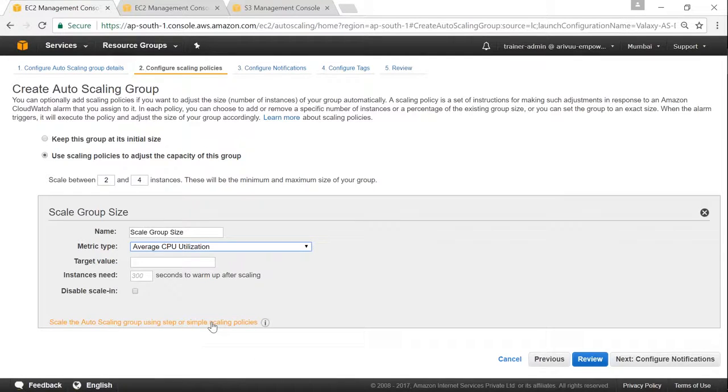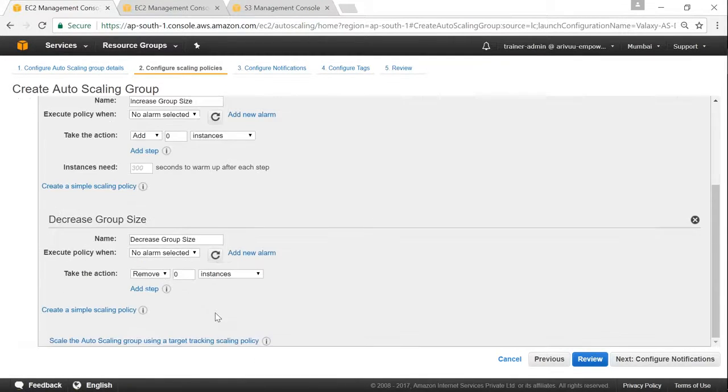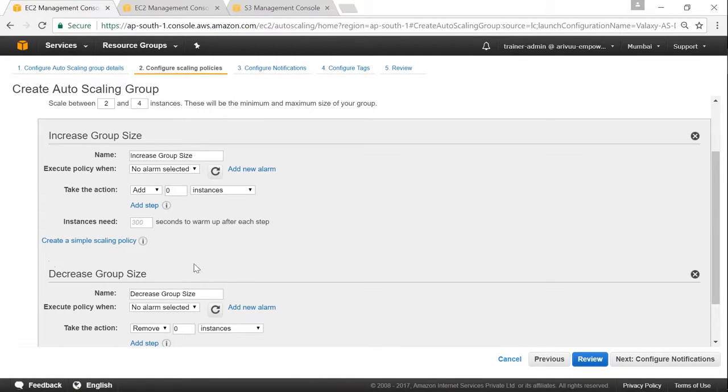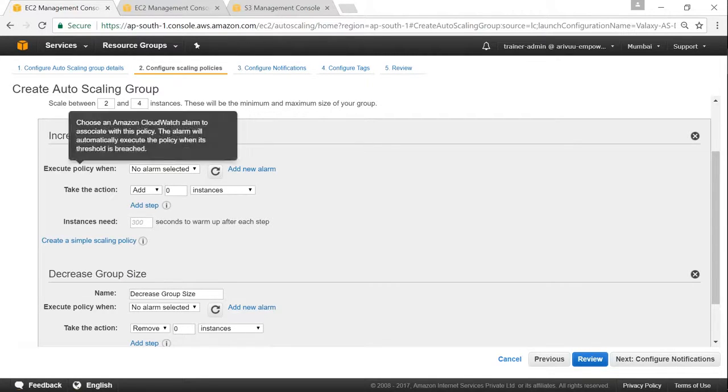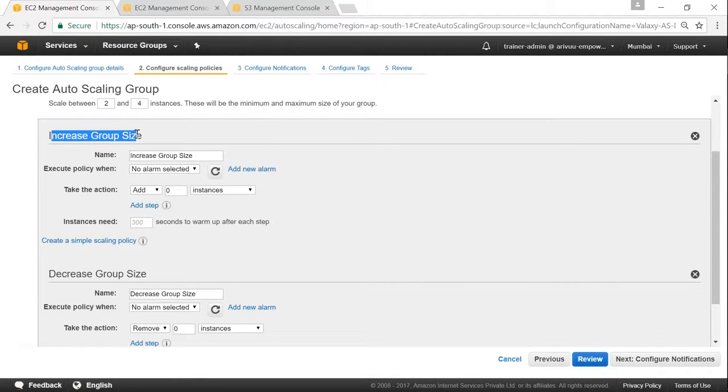I'm going to use this option. That is when you get the small twisty option here, right? If you click on that, then only you will get the increase group size and decrease group size, both options. So when I say increase group size, nothing but I'm scaling out. So in other words, when I want to increase my scale out, I'm going to take action when my